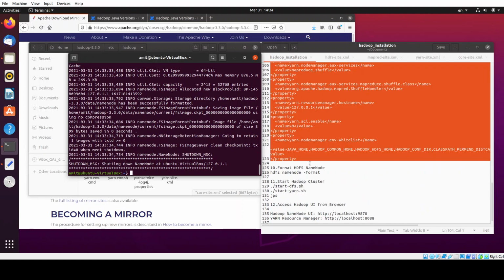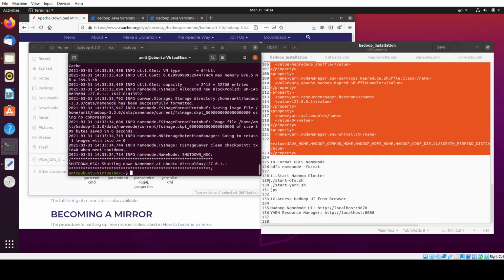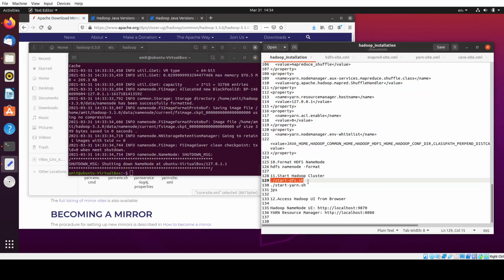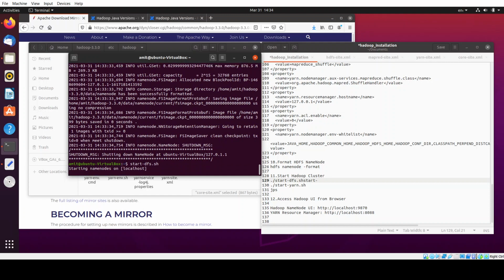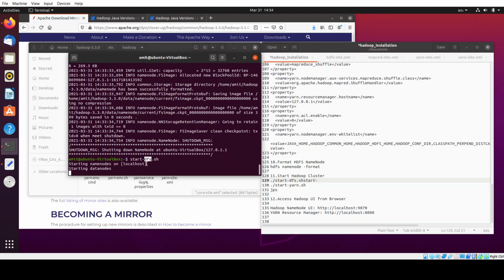So let's start it. When you do start-dfs.sh, this will run. Now one thing you need to know, which is very necessary, is that dfs is distributed file system.